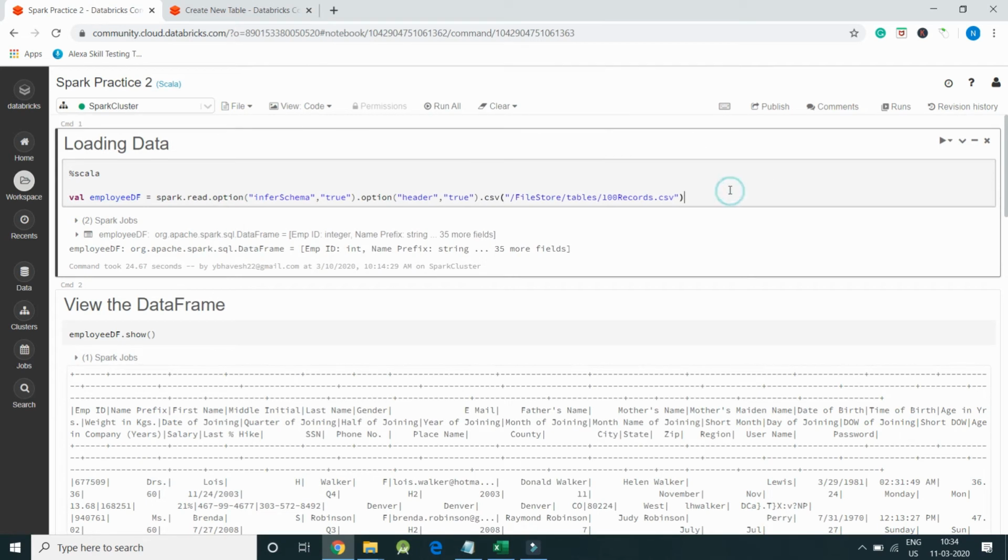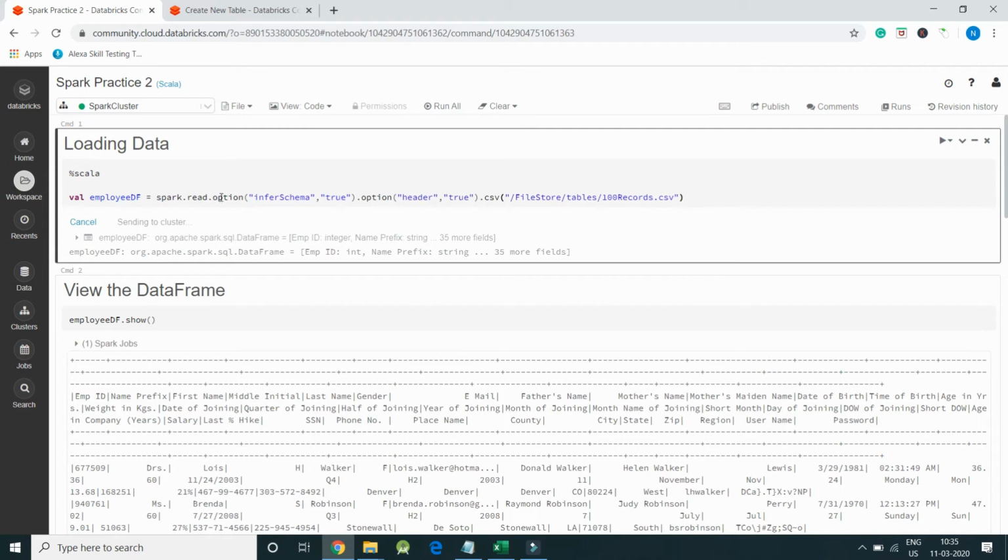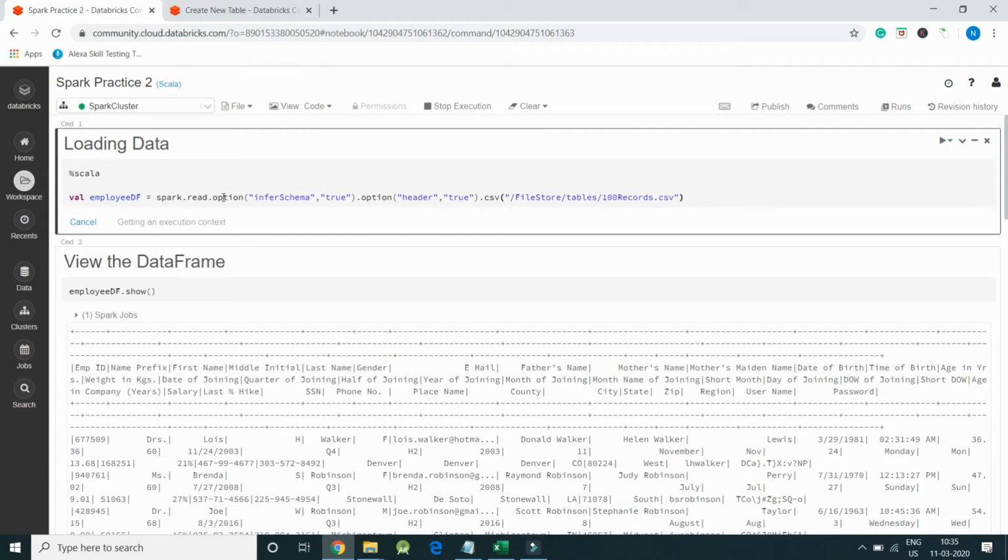So I will just click on run cell. So this way we will be creating a data frame. Once the execution completes, we will see our data frame get created.